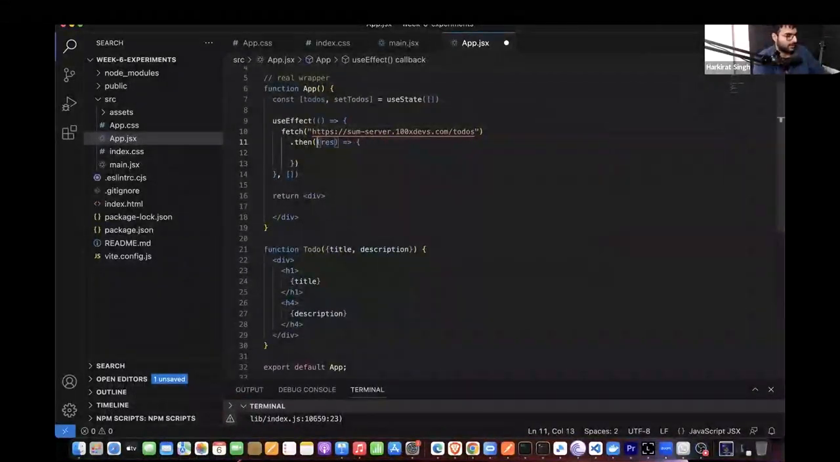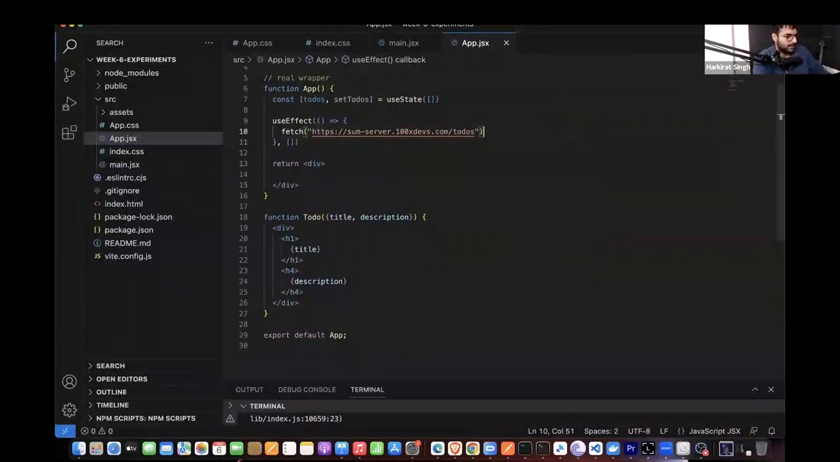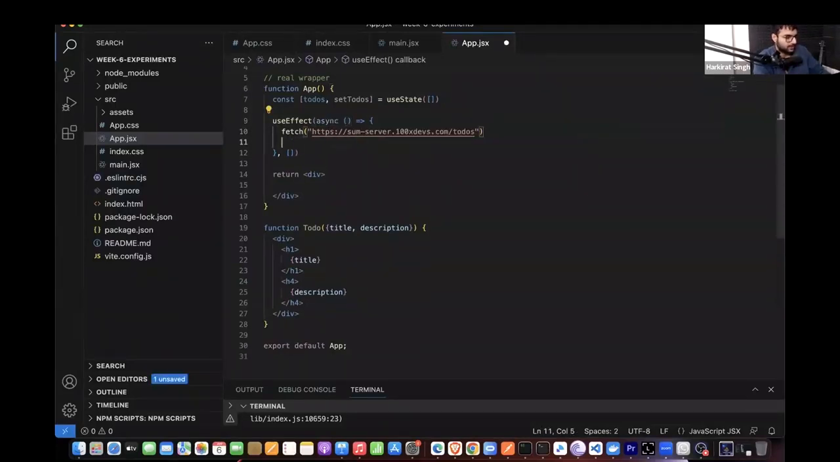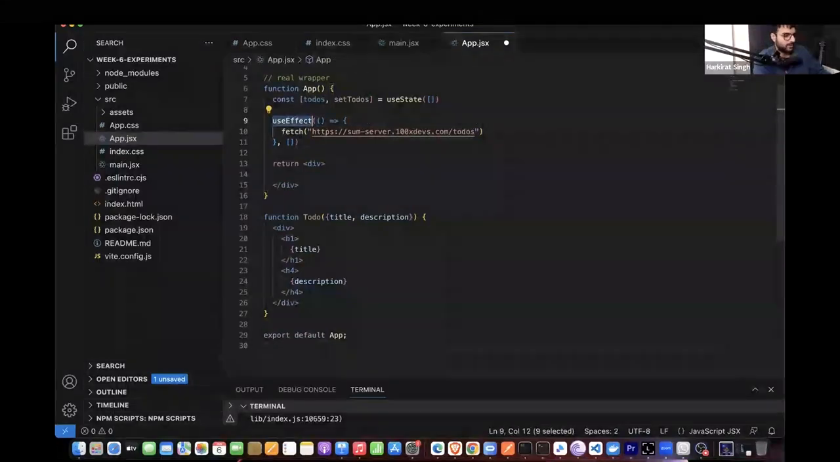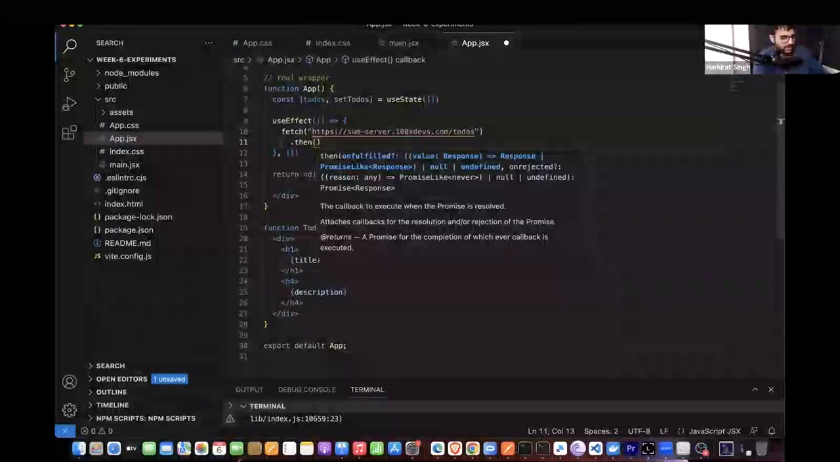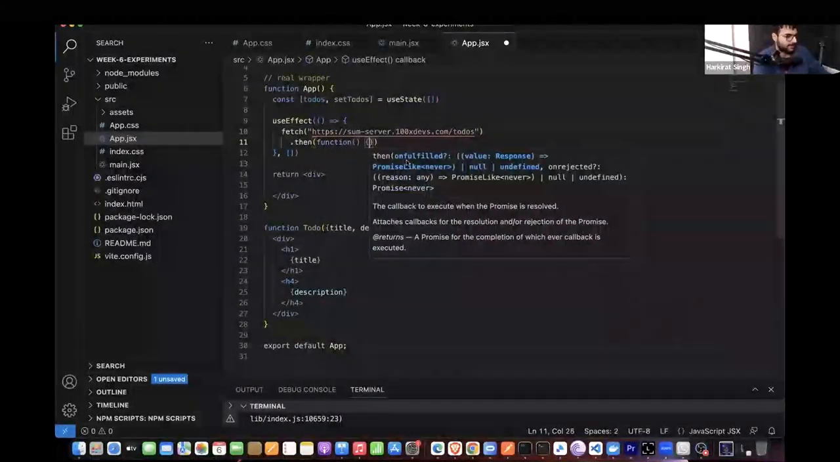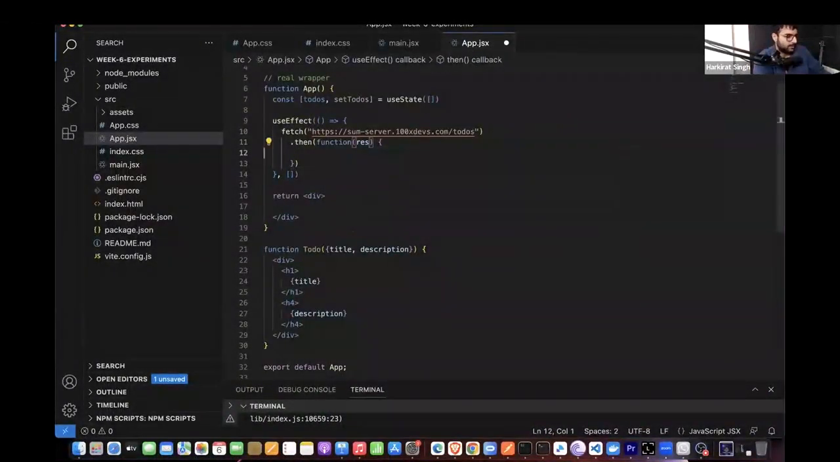One thing to know here is you cannot asyncify a useEffect. You cannot write an async function inside a useEffect. It will just fail, so you cannot do this. You will have to use the promise syntax. The first argument to a useEffect cannot be an async function. There are ways to do it, but not like this. Const json equal to await res.json, and then